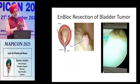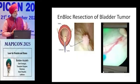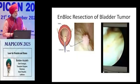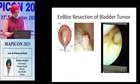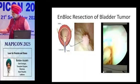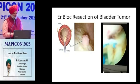So when you are resecting the bladder tumor with the traditional procedure, you have to remove the mucosa and then take a deep biopsy to include the muscle, so that we can see whether this is muscle invasive or superficial, limited to mucosa only. With laser, we remove the bladder tumor en bloc, taking the mucosa and